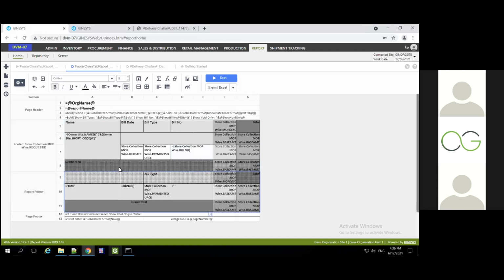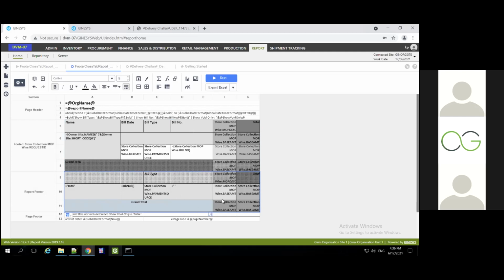Generally, we do a total and a grand total, right? So this is like a subtotal, and this is like a grand total. And you would see the term grand total here as well in this particular cell, right? So the report footer executes only once in a report, and that is why you will get the full overall summary, or the overall summation, of this report.